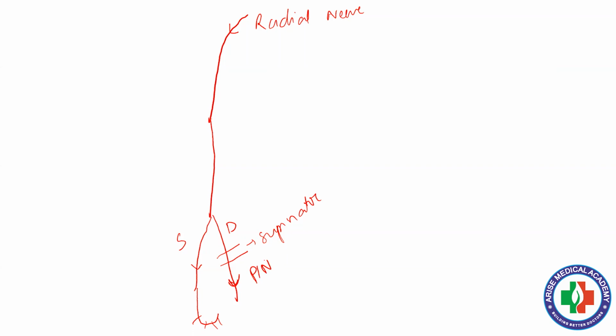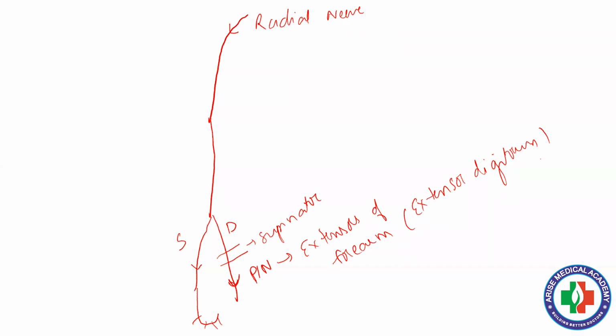This posterior interosseous nerve supplies all the extensors of the forearm, like the extensor digitorum, all the extensor muscles. Just understand this. With this much understanding, I just talked about the course. I did not talk about the branches and what it supplies. So just the course: it comes from the posterior cord and goes into the spiral groove,